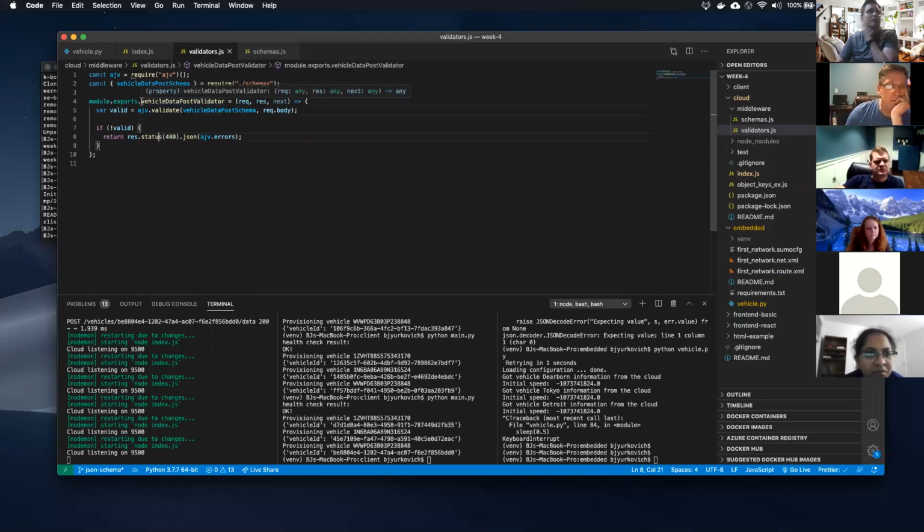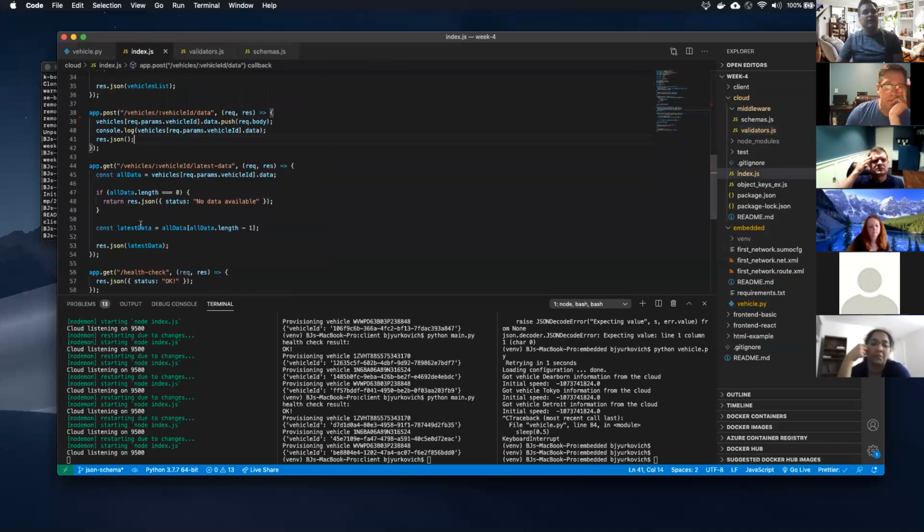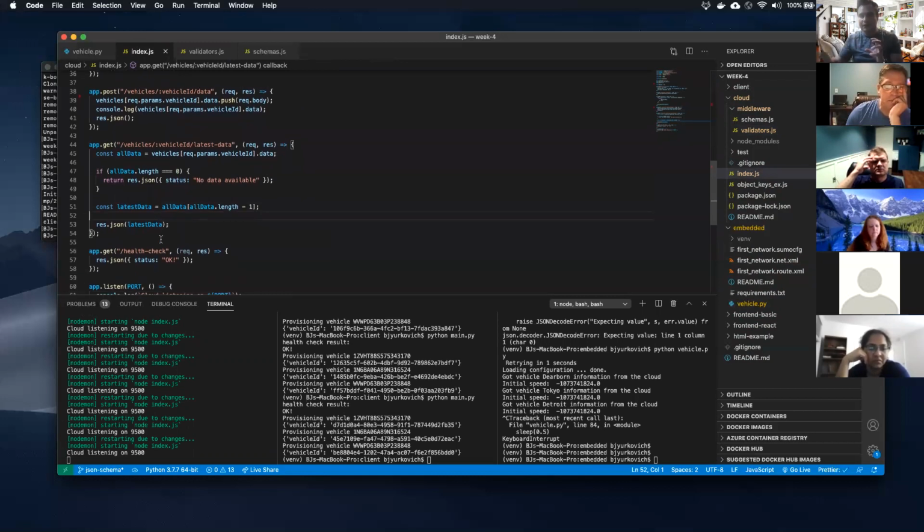So I'm going to basically run this like its own little route. Request, response comes in. If it's not valid, that's fine, I'm going to respond with a status 400 and return. Otherwise, else, I'm going to call next. And what next does within the Express framework, this is very Express, this is the library framework we're using, is that we're able to chain these handlers together now.